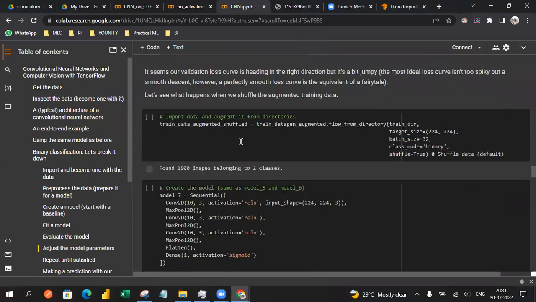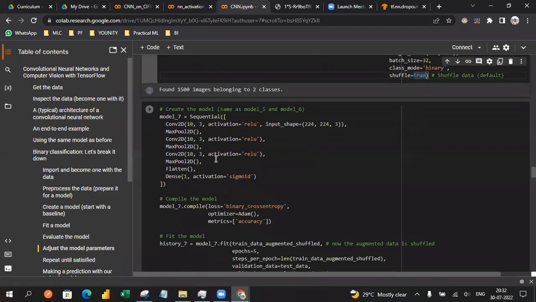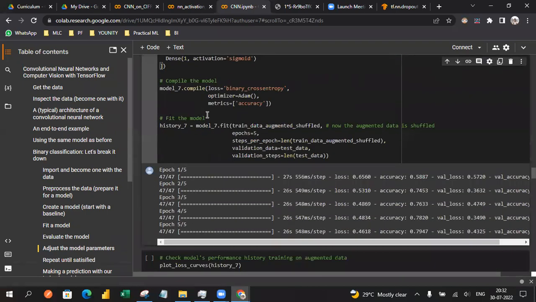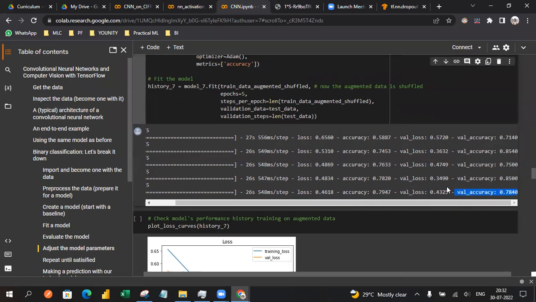Yeah, you can see here, shuffle is equal to true. So we're just shuffling the data, so that the images get shuffled across the training data sets and also the test data sets. So for model 7, it is the same implementation we did for model 5, just to understand that. We are just shuffling. You can see somewhat better results when compared to model 6. The loss is quite a bit lower, but it's okay. Similarly the validation loss, the same thing happens, and accuracy also decreases somewhat, and the validation loss is also somewhat slightly